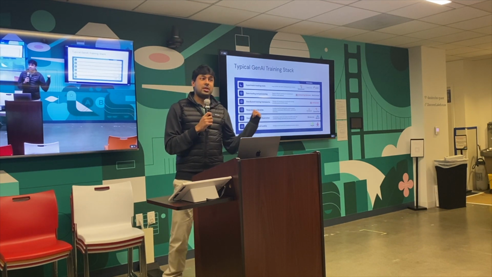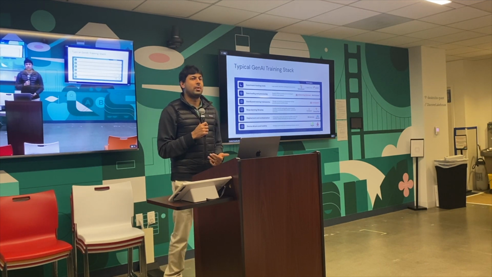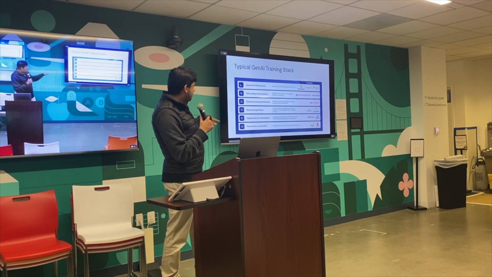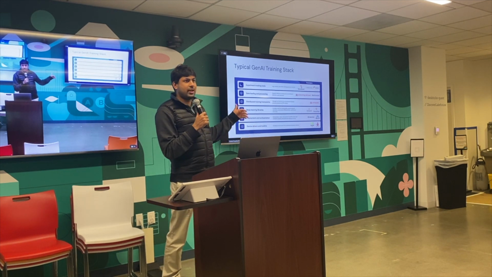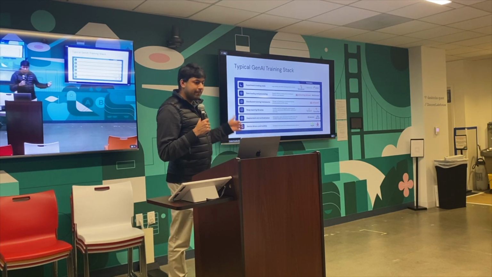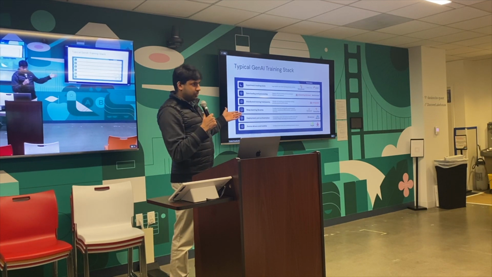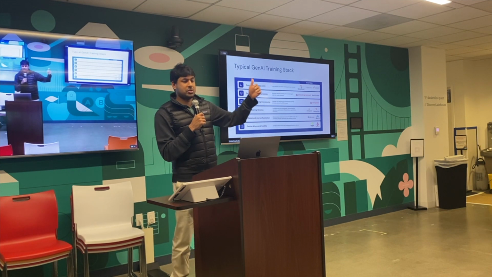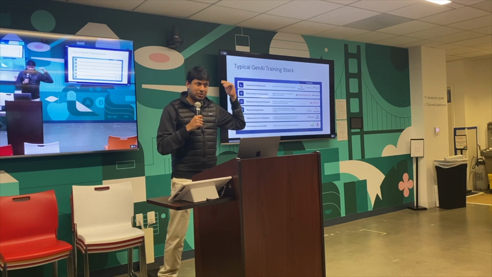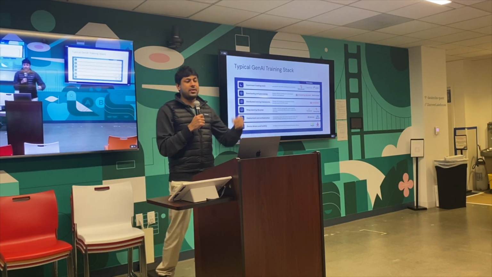These are all the things that you need to go well in order to actually train a model. So at the lowest level, we have device drivers and toolkits, like the things that interface with the GPUs. Then we have deployment and orchestration, like how do you actually manage the GPUs? Deep learning libraries, used for actually implementing the code that trains the model, distributed training frameworks, higher level abstractions, data loading and processing, how do you actually get the data in to train the model, and then experiment tracking and